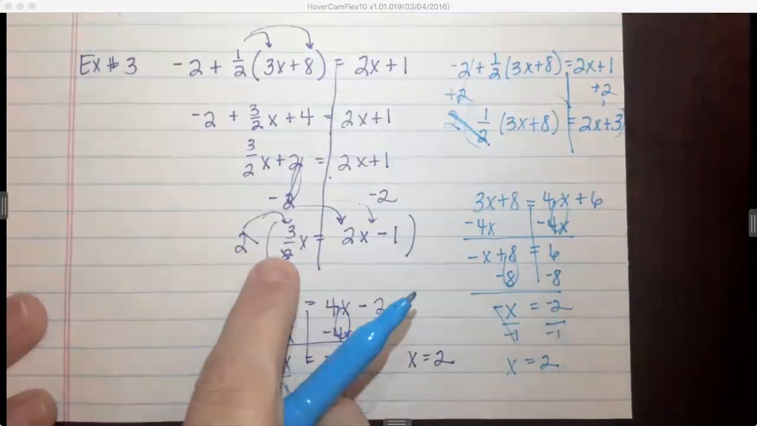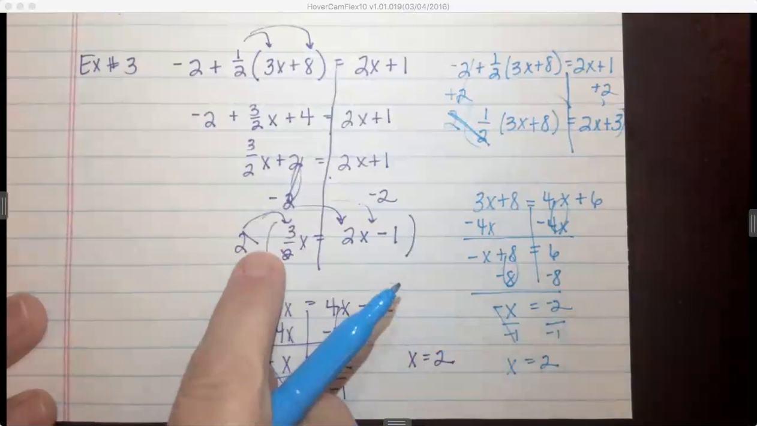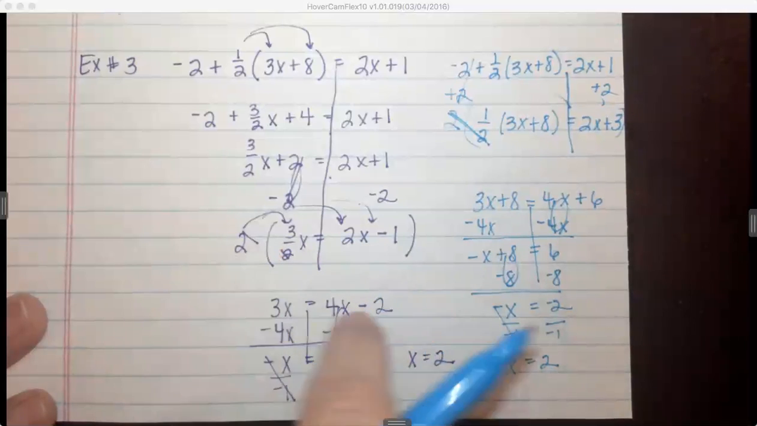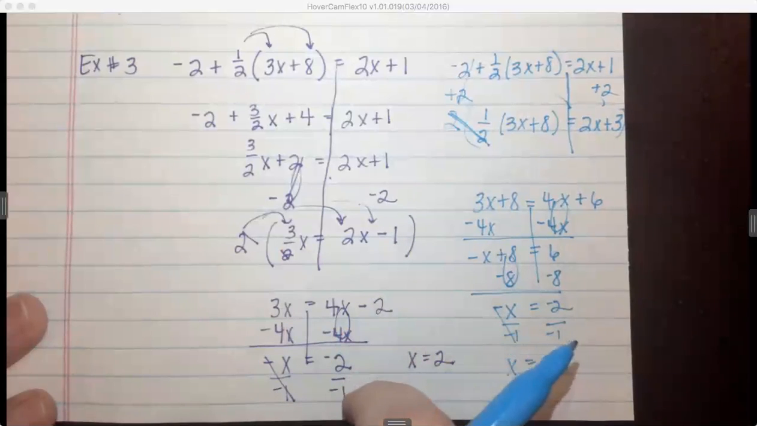If you change this into 1.5 and you move the 2x over and you got -0.5x and you moved and you had -1, when you divided it by -0.5, you would have gotten 2. So there are lots of different ways to do it, and all of them will get you to arrive at